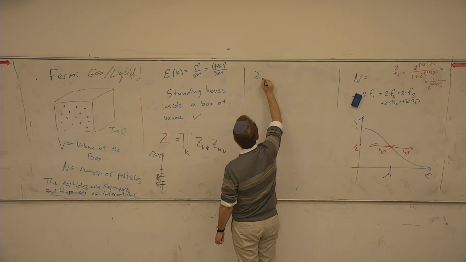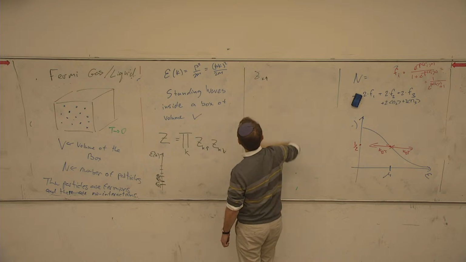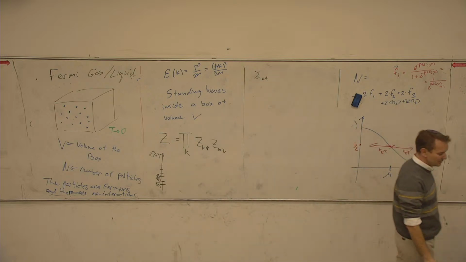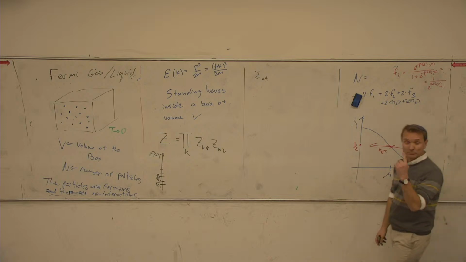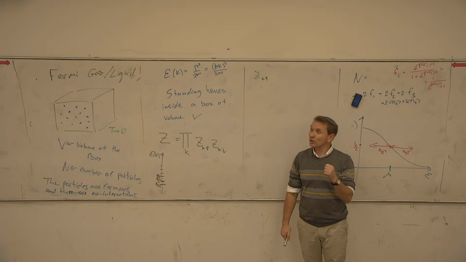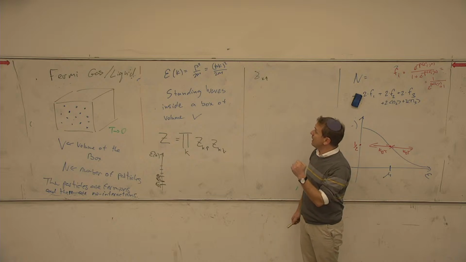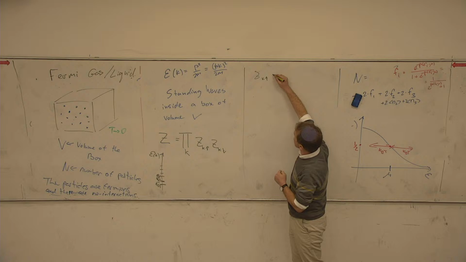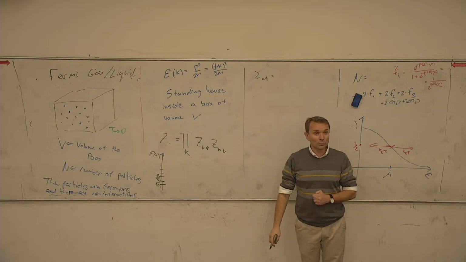What is z of k up? I'm looking at a state with a specific k, and I'm saying the following: it's either unoccupied,